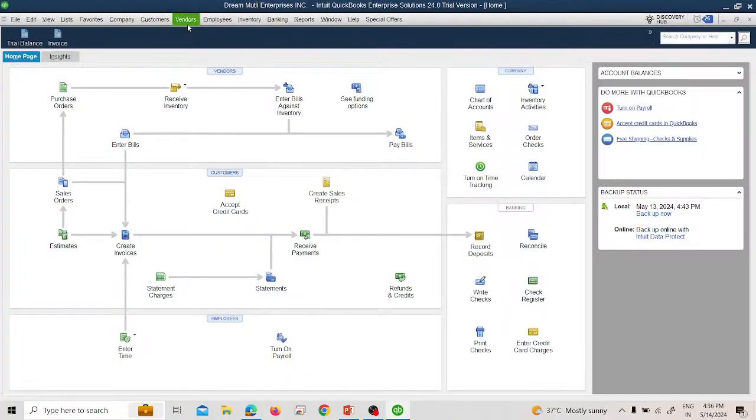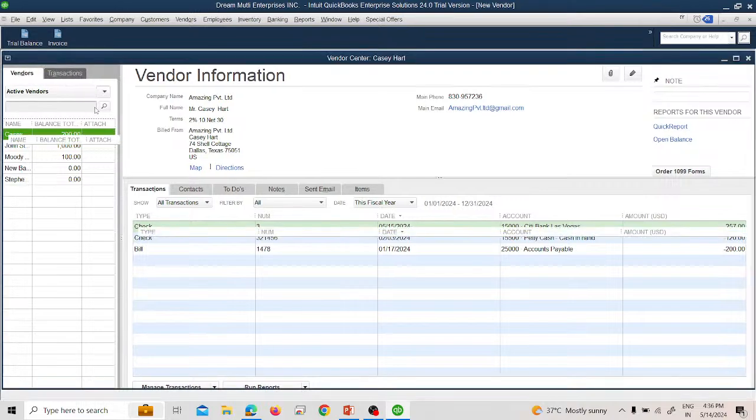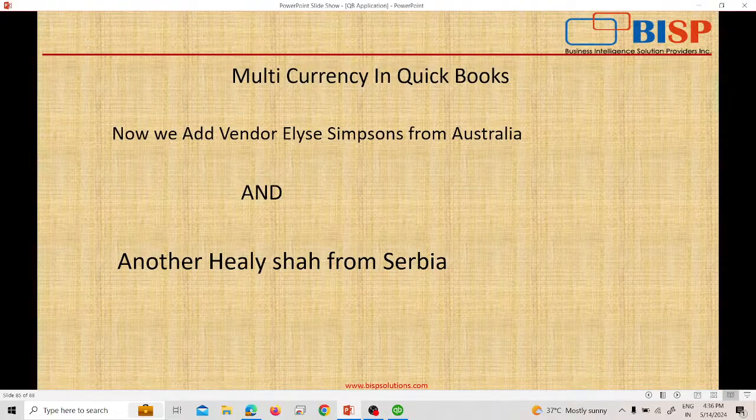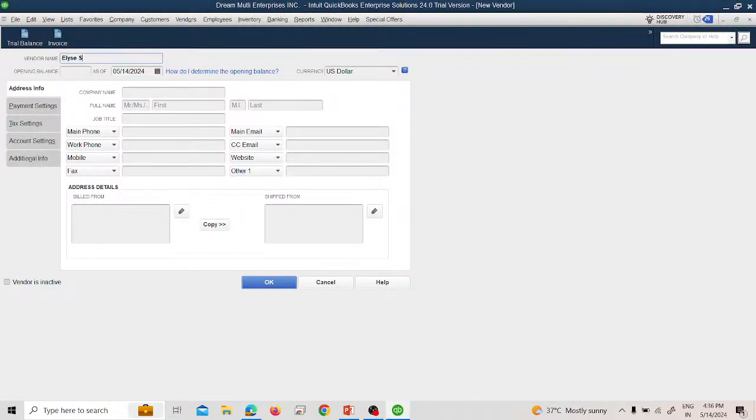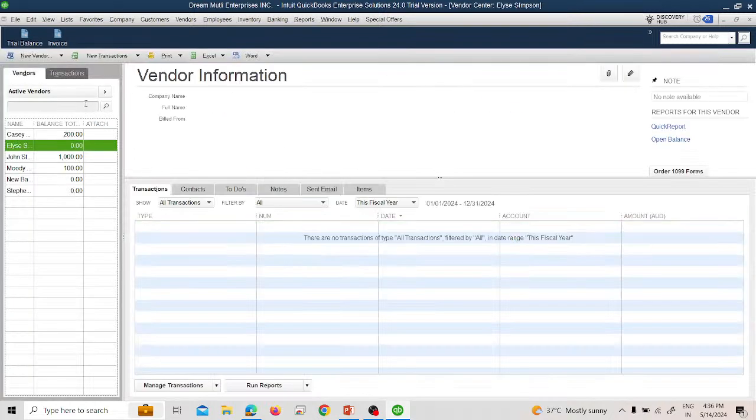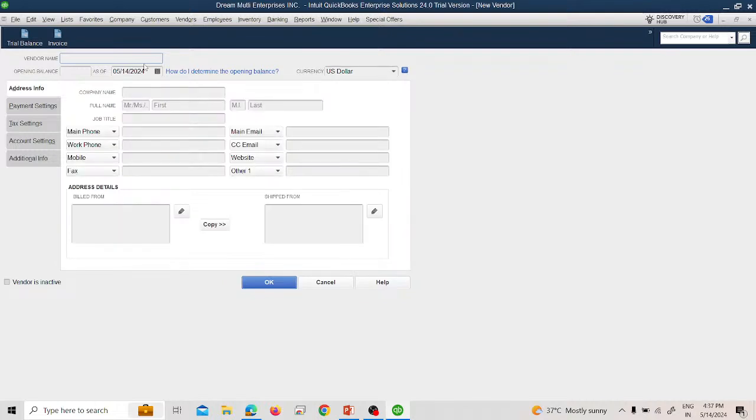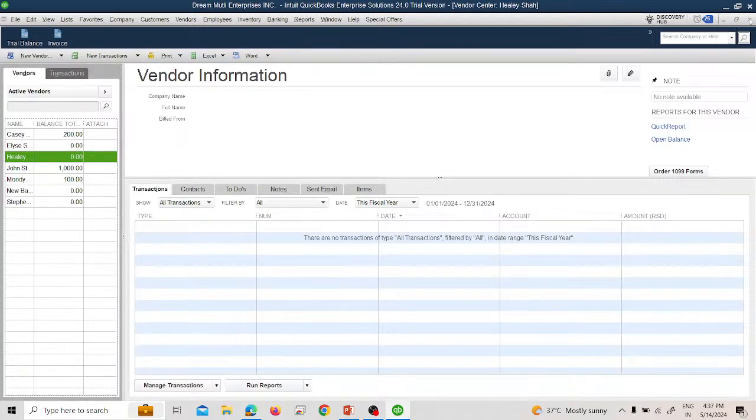Okay, we will go to the vendors again. Here on the vendor list, we will add a new vendor. We will write Alice Simpson, and he is from Australia, and we are going to pay him dollars with Australia. We click on OK, and we will add new, and it will be a Hali Shah, and she is from the Serbian, and we'll click on OK, and we just added two new